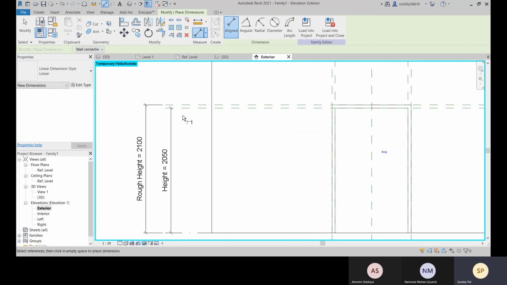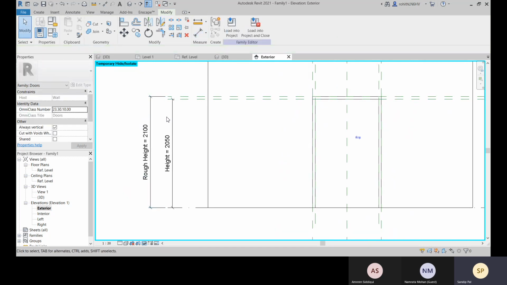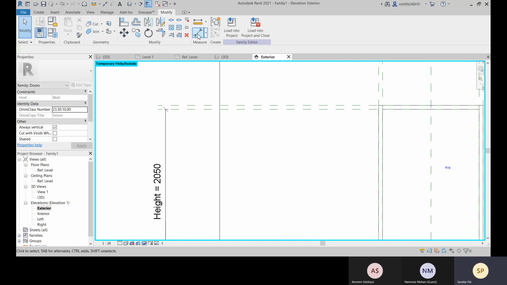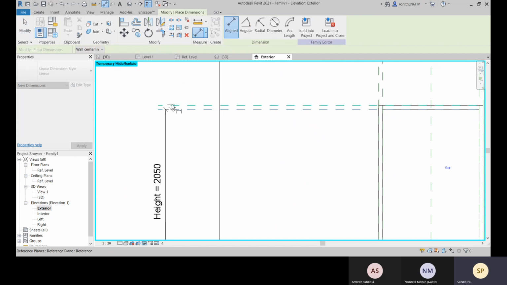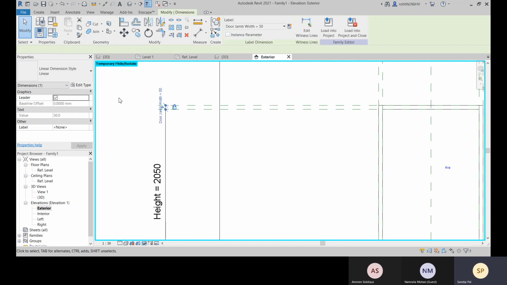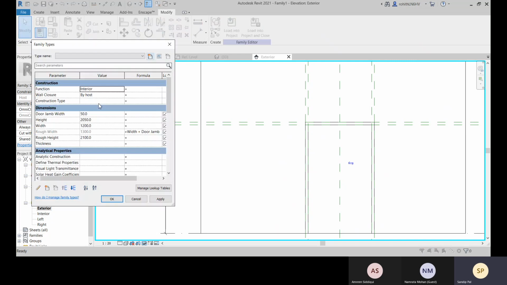Better, in a similar way you can give it. Don't assign this. Like this way you assign it, select it. This will be your door jamb width, and now come to this, and the same way you change it to the rough height.